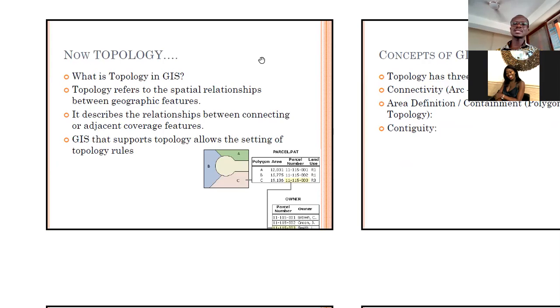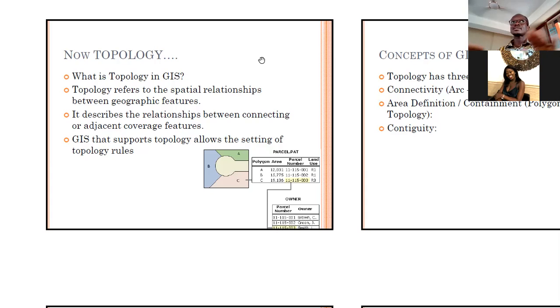A GIS that supports topology allows a set of topology rules. In other words, every relationship should have a set of rules, isn't it? Every relationship. So, sweetheart, we don't do this. Please don't say this word whilst we are in this relationship. These are rules. The same way, topology is supported by rules, and one of them is that you can't